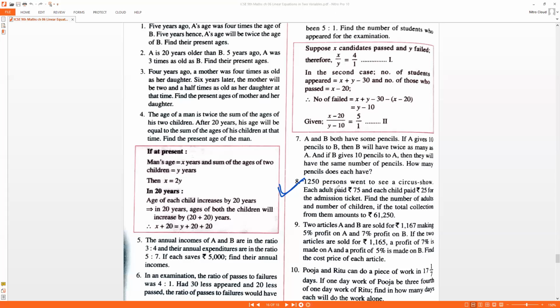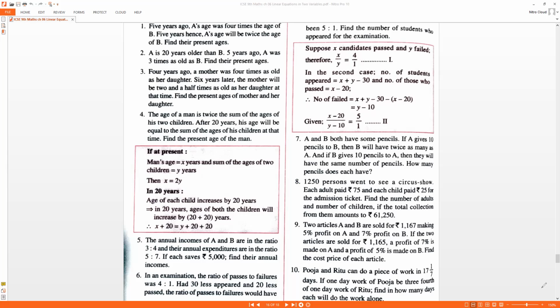Question number 8. 1,250 persons went to see a circus show. Each adult paid rupees 75 and each child paid rupees 25 for the admission ticket. Find the number of adults and the number of children. So obviously we'll say number of adults will be X, number of children will be Y, if the total collection from them amounts to rupees 61,250. Okay, very simple